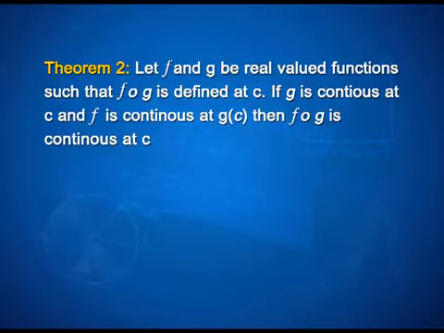We also have an understanding and a result about the composition of two continuous functions. So, if f and g are two real valued functions such that the composition f of g is defined at c, g is continuous at c, f is continuous at g of c, then we say that f of g is continuous at c. Another very important understanding is what do we mean by continuity over the entire domain, because